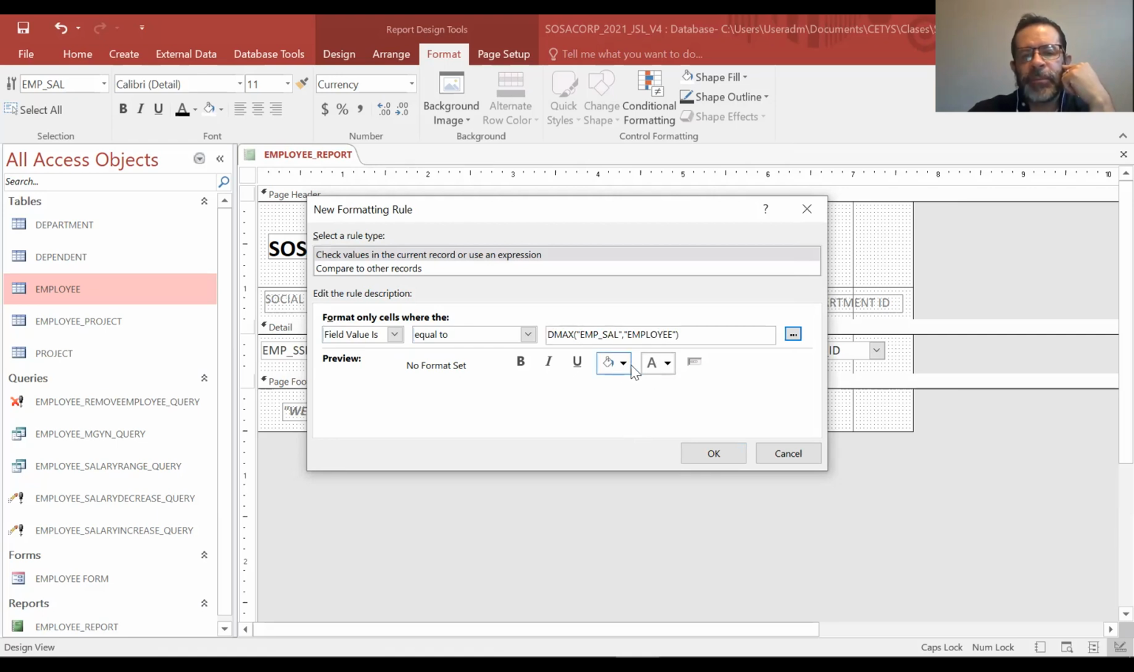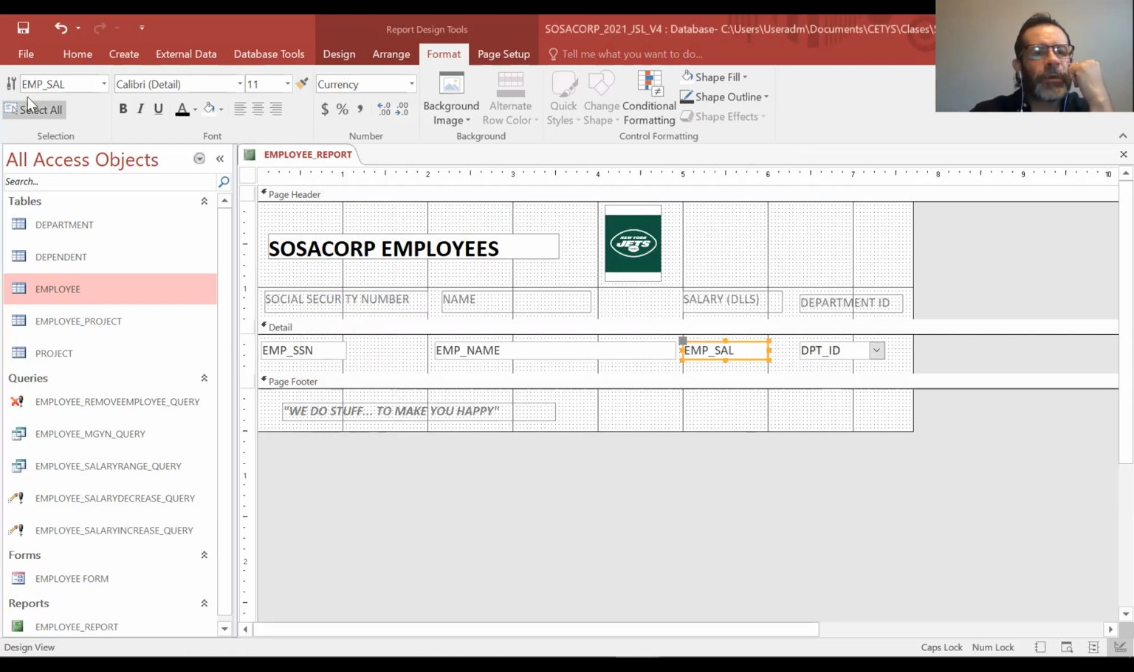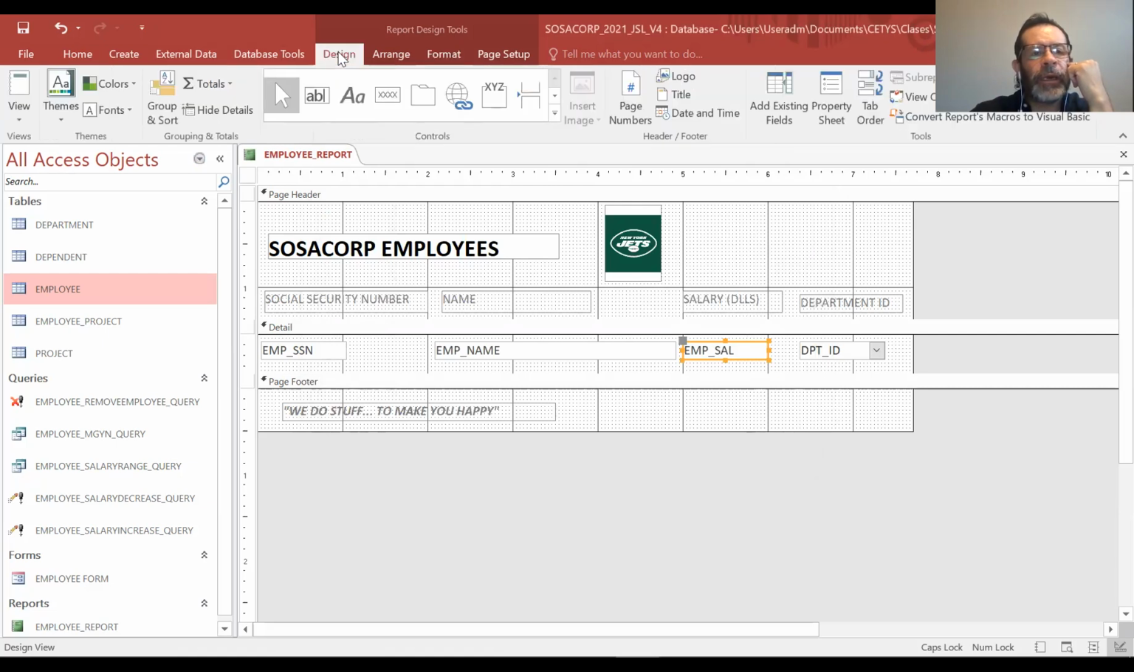So for the maximum employee, what I want to do is that I just want to mark that one in blue. Okay, just to give an example, blue and bold. Okay, I'm going to give that conditional formatting. I'm going to click OK. I'm going to click apply. So now when I run the report,